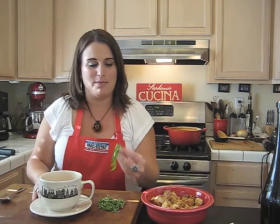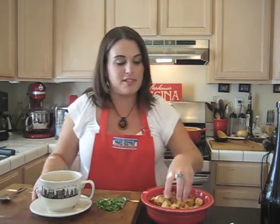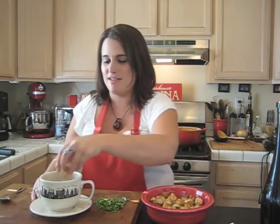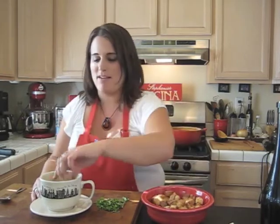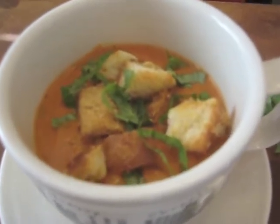Okay, so I've got my soup in the bowl and I've got some more fresh basil that I went out and got and I just chopped up kind of julienne. So I'm going to put just a little bit of that in there, and I'm going to put some of my cheesy croutons on top. That is just perfect, and now I'm going to try it. I can't wait. This is...